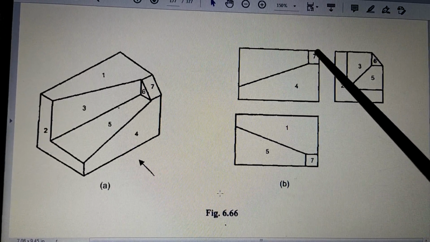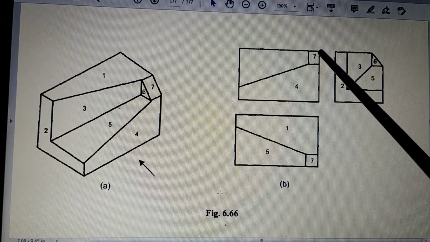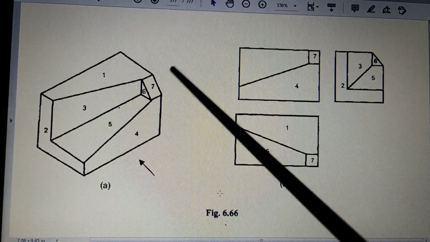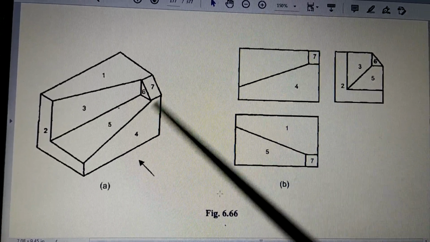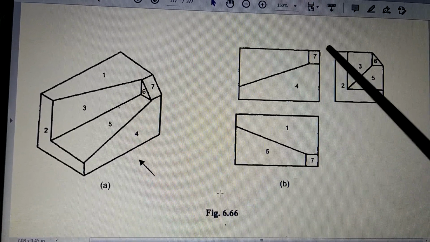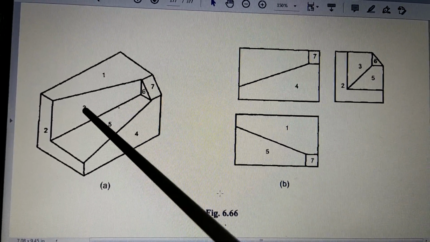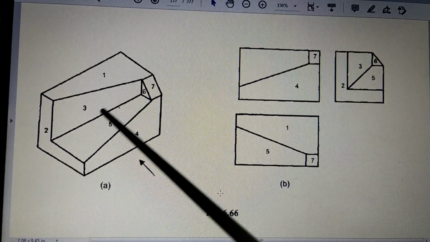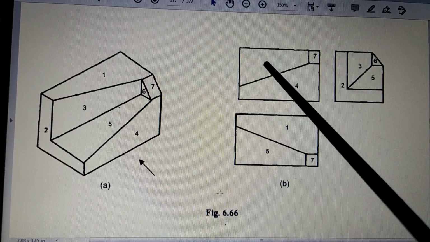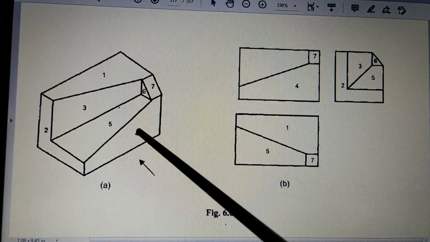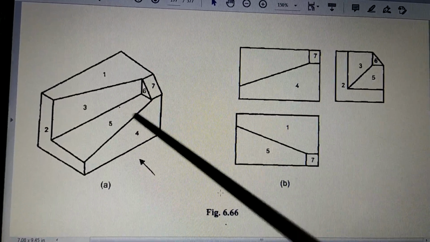So this becomes the surface 7, which is an inclined surface, but you will not see it as inclined, you will see it like this. And the only thing is, this line will be shorter than this line, because this inclined line is the actual length, whereas this is a short length. So we are on 4, we are on 7. Okay, then after that this top surface is 1, and automatically we are on surface 3. The surface 3 which is here, that surface is this. They are not numbered, but here there is number 3, so this is surface 3. So what you see in the front direction, you see 4, you see 7, you see 3. So that completes the front view.